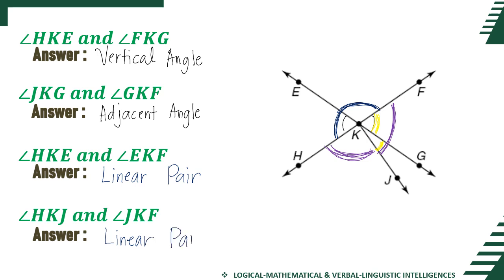Okay, so just like what I mentioned a while ago, if your answer is only adjacent or only supplementary, I will not consider it. You need to generalize the idea that since it is both adjacent and supplementary, it should be classified as a linear pair, or the relationship that exists in general would be a linear pair since it satisfies the condition, or by definition of a linear pair, it is both adjacent and supplementary.